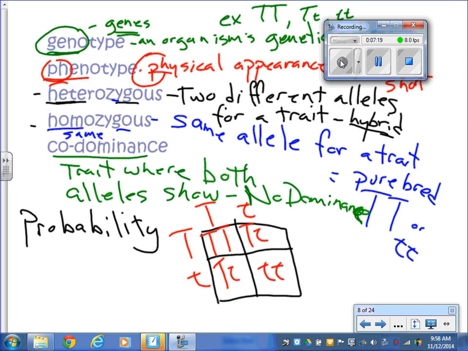That's the probability. Does that guarantee you that if you cross those, you will get 1 in 4? No. Could you get half of your plants short plants? You could. Not as probable, but it is possible. And this is why it's so important that Mendel, over many years and thousands of plants, saw these patterns, bigger patterns, repeatable patterns, not exact numbers. All right, tomorrow we will go over the answers to the worksheet and do some more Punnett squares. Right now, we're going to